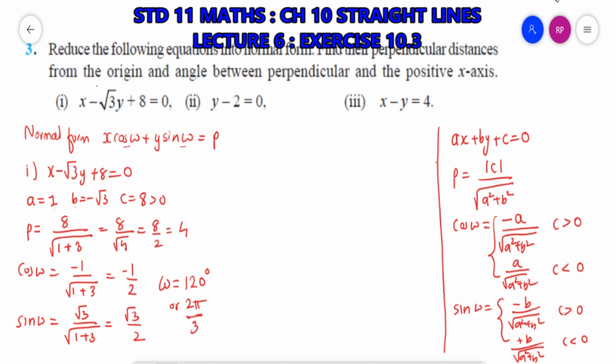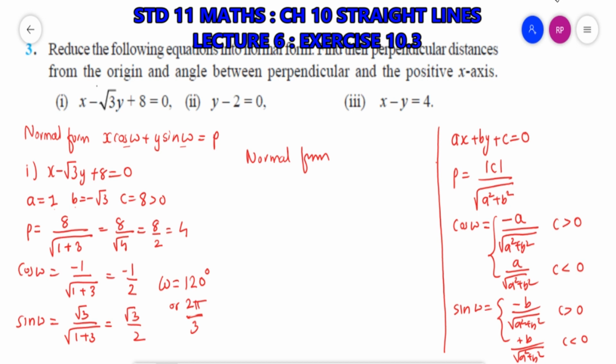Clear? So you need to understand in which quadrant it is. If sine was negative and cos was positive, it will be the fourth quadrant. Right? So it will be minus 60 degrees or minus pi by 3. Clear? So the normal form, sorry, the perpendicular distance of the